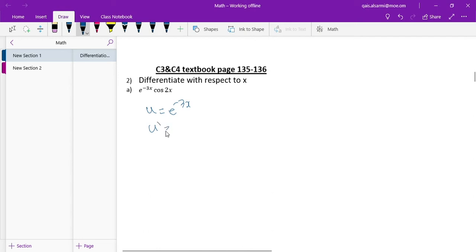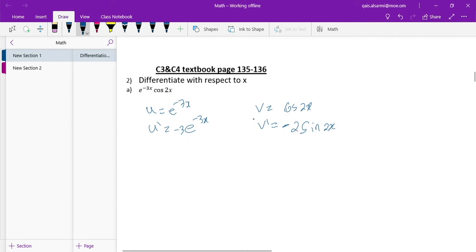Its derivative is e power negative 3x times the derivative of the power, which is negative 3. V equals cosine 2x. So v dash is derivative of cosine is, yes, negative sine times derivative of the angle